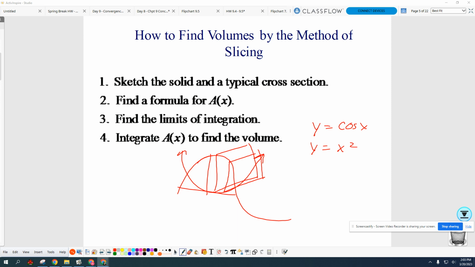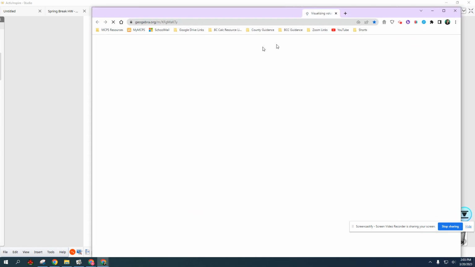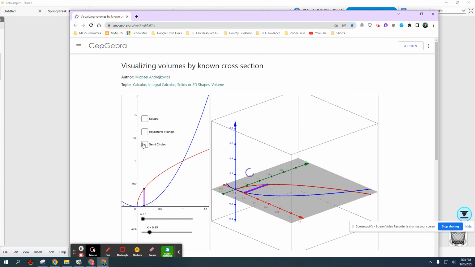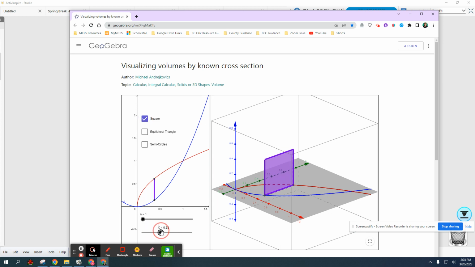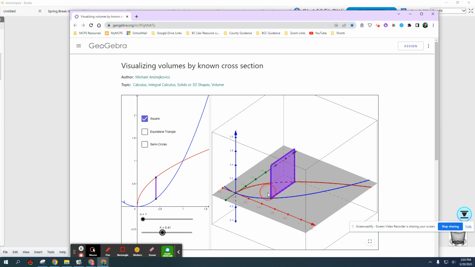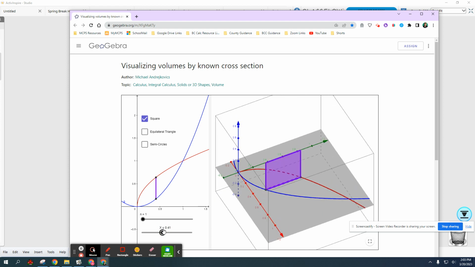Is it extruded to the same height or a changing height? I feel like it's got to be changing, because otherwise we wouldn't calculate. Okay, so here's a square. Oh, do you guys not see a rectangle? The dimensions of the square are changing as they go between the curves, but it's still a